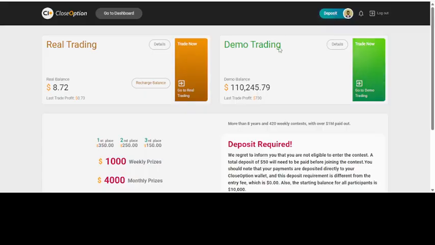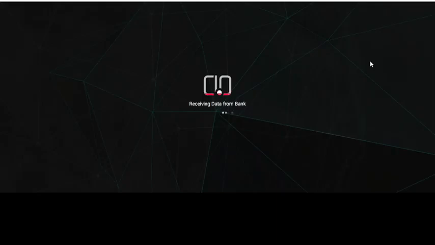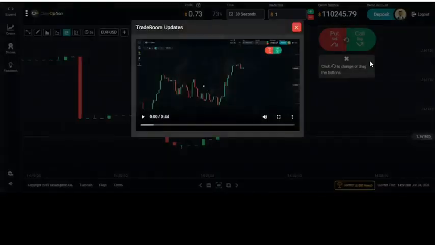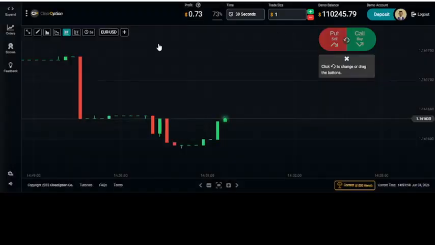Okay, so I'm going to be doing some demo trading here. So let's go into our demo account here. Let it load up. Okay, so this is the user interface of the Close Option demo trading account here. It has a demo balance. I've been testing different strategies. I believe they give you a 100,000 demo balance to start,